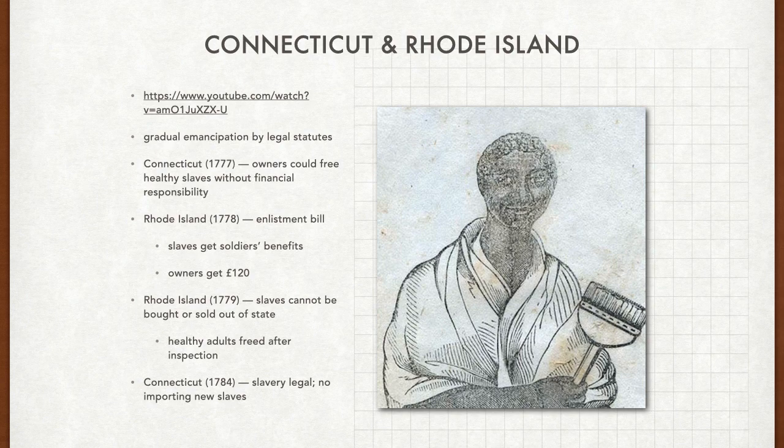An amendment to the Rhode Island law the following year made it 21 years of service for both male and female children and reduced the age limit for voluntary manumission from 40 to 30. Okay, so sort of keeping parameters on who gets freed and who does not. These two states, right, are pretty small. They don't have a huge impact in government, but they did take some initiative to free the slaves, so that's what we're kind of talking about.